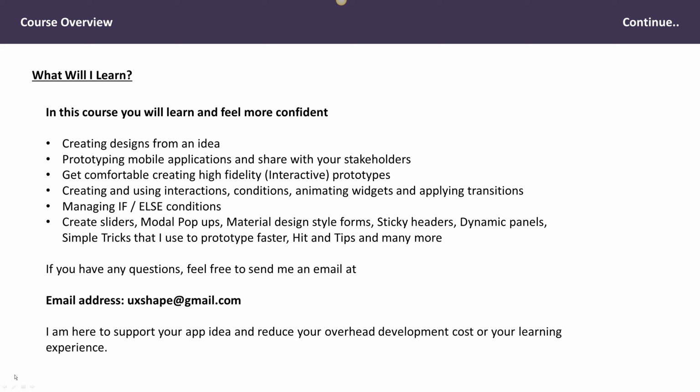We'll be looking at how to create sliders, pop-ups, and modals. I will be using Material Design style, forms, text boxes, sticky headers, and dynamic panels to ensure that our mobile prototype conforms to the latest standards and trends. We'll also be looking at simple tricks that I use in my prototypes to prototype faster, and I'll be taking you through the naming convention, as well as how you name your widgets,